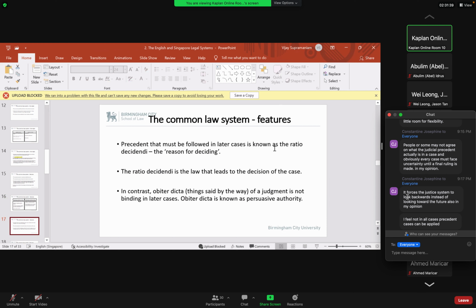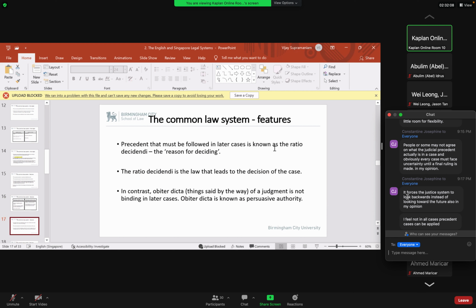So here, what we are going to look at now is, what if a judgment is 40 pages? If a judgment is 50 pages, how are we going to apply everything from this judgment? Of course, the answer is no. It is impossible for you to apply everything found in this judgment. Okay?